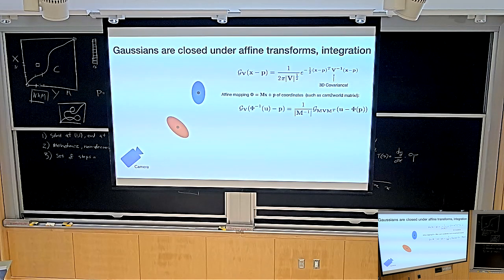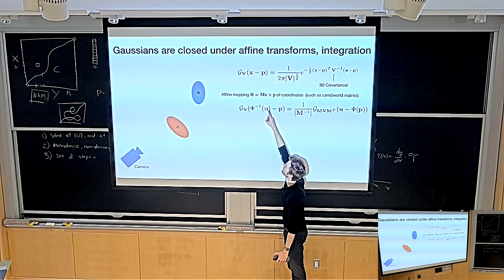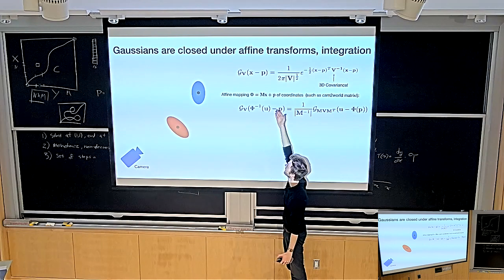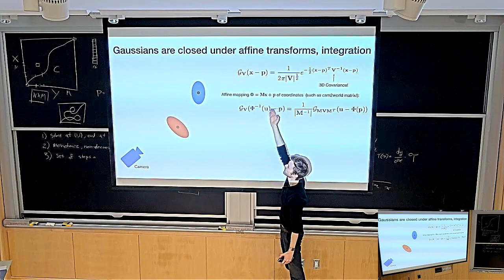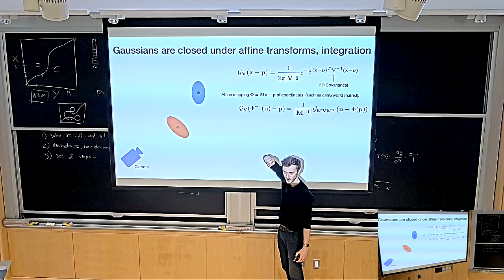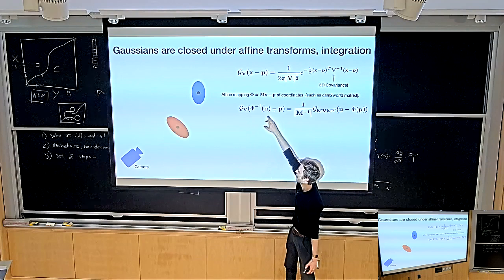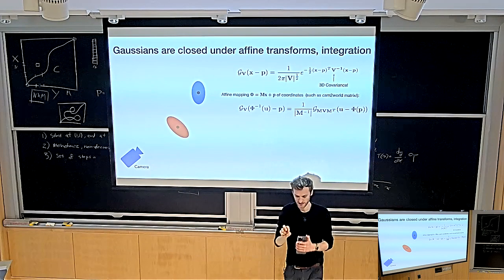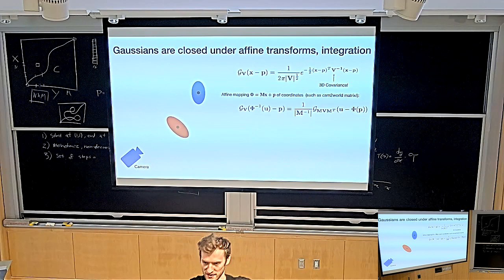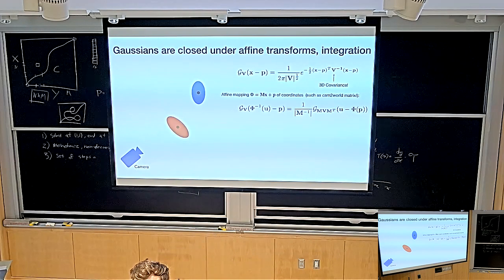But so Gaussians are closed under affine transformations. This means if you have an affine transformation of coordinates, like for instance, phi of x equals mx plus p, where m is a 3 by 3 matrix and p is a 3 vector. And this could also be expressed as a homogeneous thing, right? Remember, blah, blah, blah. But we're not doing that here. Then if you apply this mapping phi onto the input of the Gaussian, then the thing that you get out is again a Gaussian floating in space. It's going to be a Gaussian that is going to be deformed, basically. So basically what ends up happening is you're going to translate it, and you're going to change the covariance matrix. Make sense? Okay, good.